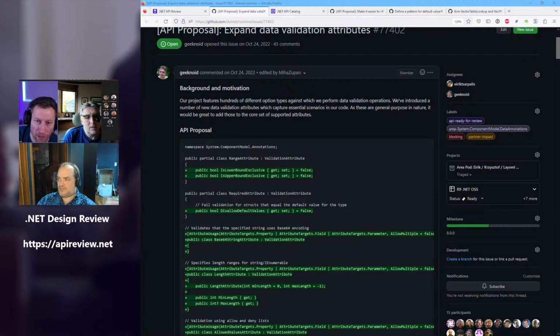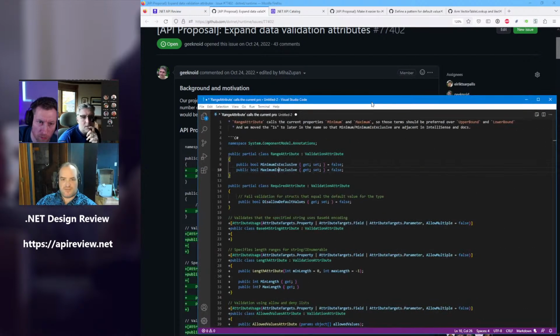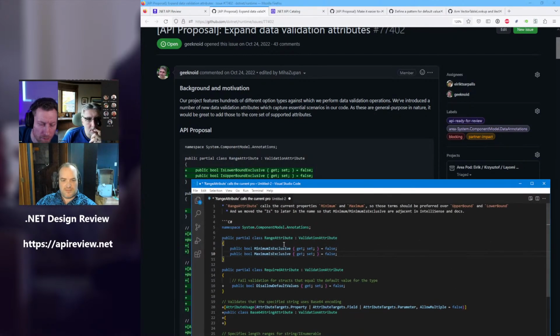Yeah, I mean, in general, we only review APIs, right? So they almost always imply behavior changes, which comes with error messages usually. Fair enough. Do you know what the error messages use terminology-wise? Presumably they use minimum and maximum as well, right? I think it uses between. Must be between 1 and 2 is what it says right now. But yeah, to your point, we can just leave that as an implementation detail.